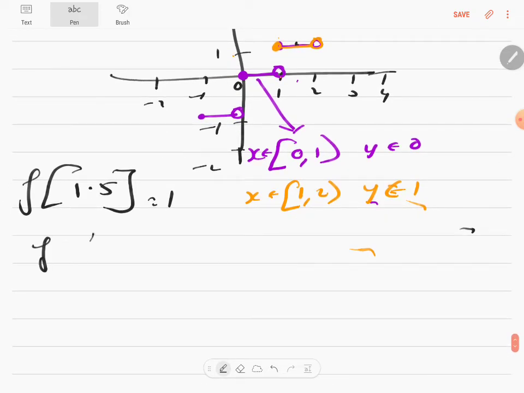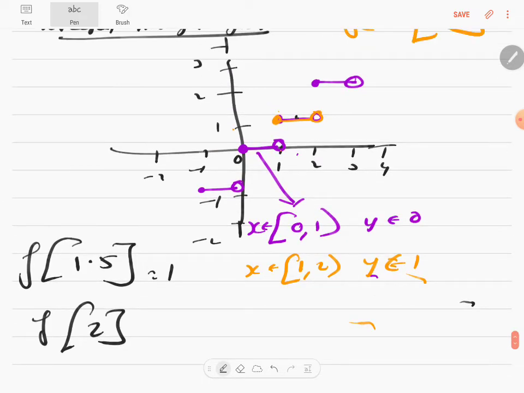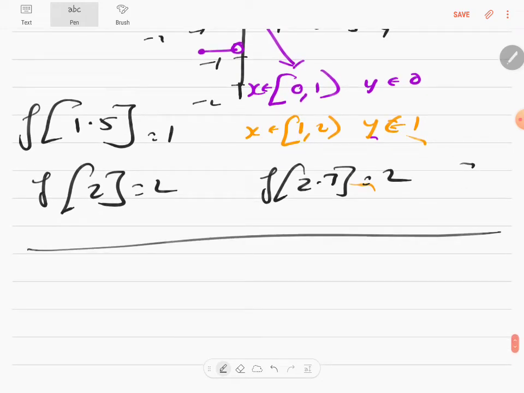What is the greatest integer function of 2? At 2, it will be 2. What is the greatest integer function of 2.7? 2.7 will just be 2, and so on. Are you clear? Yes. So these are the various functions. You should memorize everything. You should learn the graph. Okay, so next is